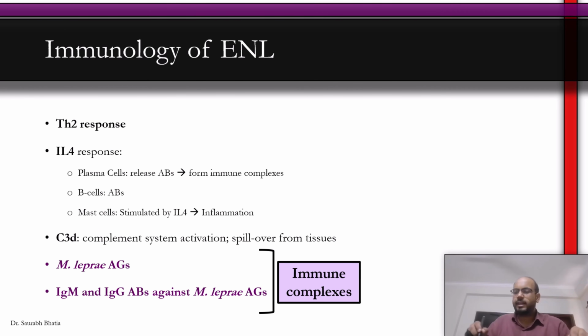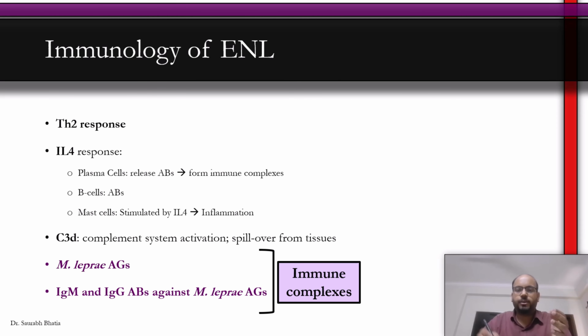In the previous few slides, we have discussed the pathomechanism of ENL. So what actually happens is all the inflammatory cells, whether they are at the level of skin or circulating in the blood, they get activated whenever there is a slight leakage or slight release of antigens from M. leprae. When these immune cells get activated because of M. leprae antigens, they are going to attack the places where M. leprae is, the same thing which happens in T1 reaction. But this time the M. leprae is not in the tissues. It's inside the macrophages, safely staying there because of